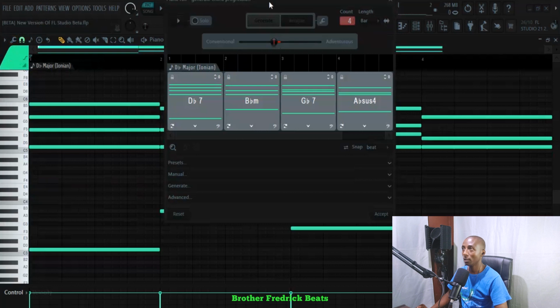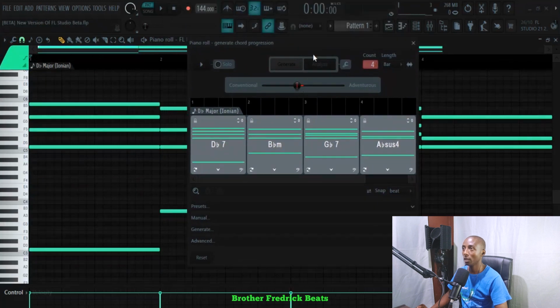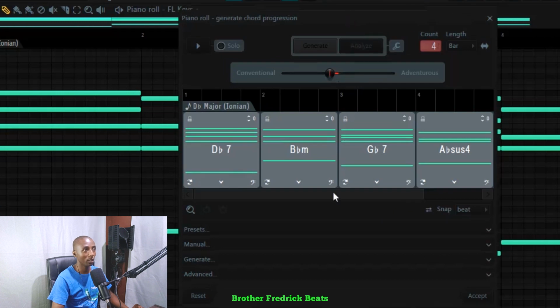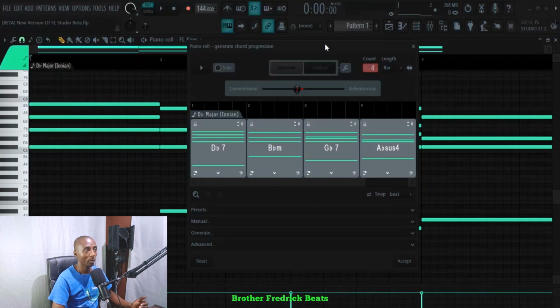As you can see, this window pops out. This is the one they have added which can generate some chords for you. If you want me to do a tutorial about this, just leave a comment below, because it has got a lot of options which I can't explain at once, but I'm just showing you what they have added in FL Studio. So if I play this chord, which is here,